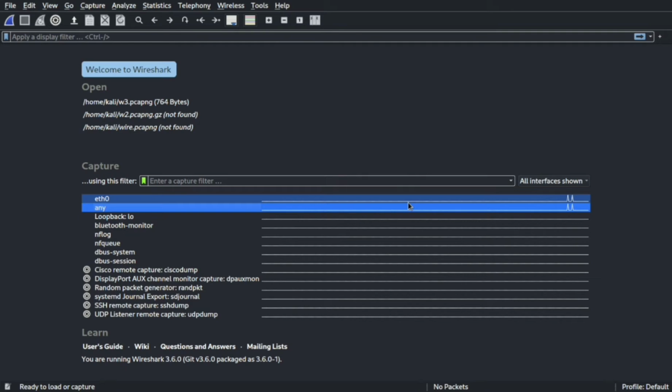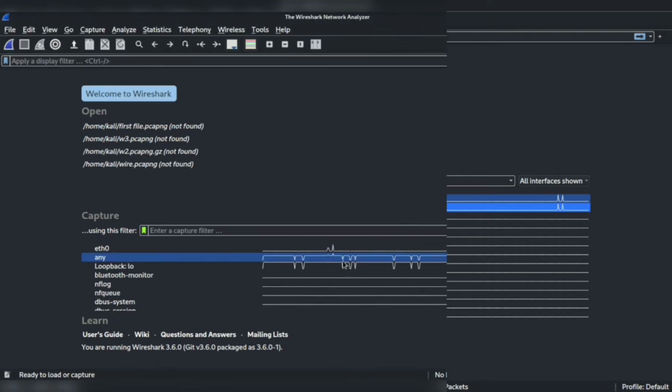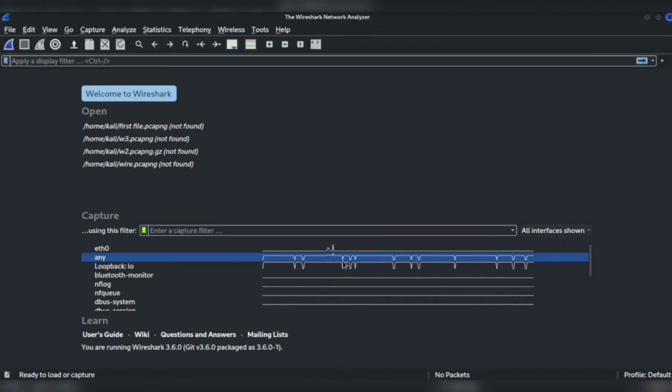In this video, we will be explaining the ways of saving a file which are necessary for the basic understanding of Wireshark. So let us begin. This is the interface we get when we open Wireshark. Now, depending upon your need, click on the interface from which you want to capture the traffic.